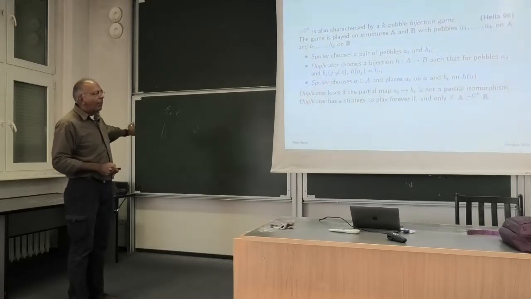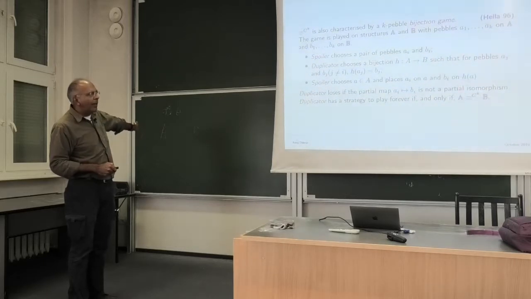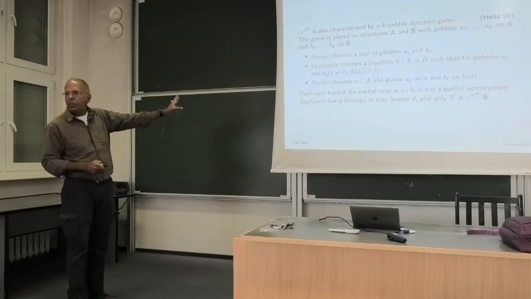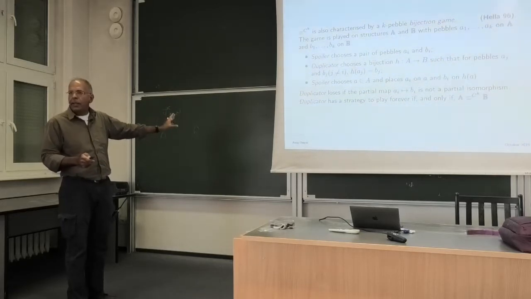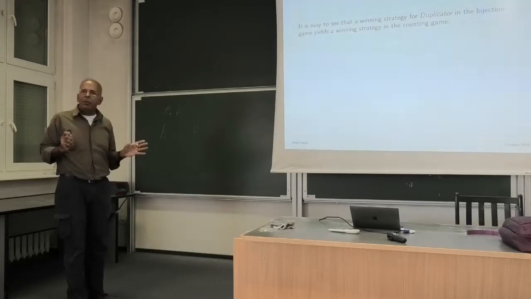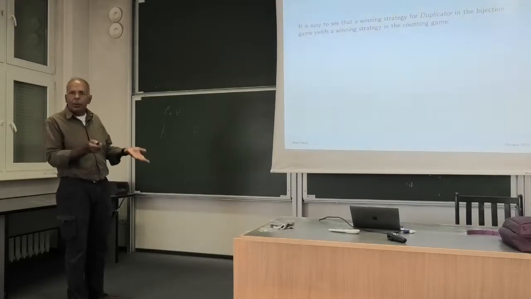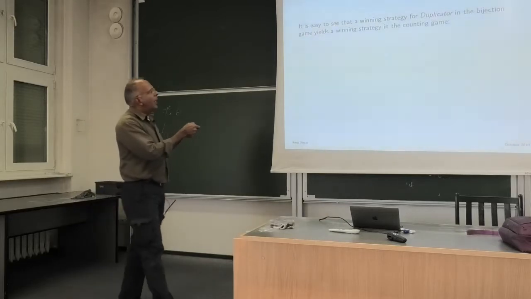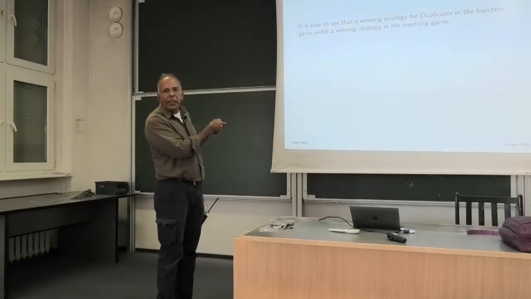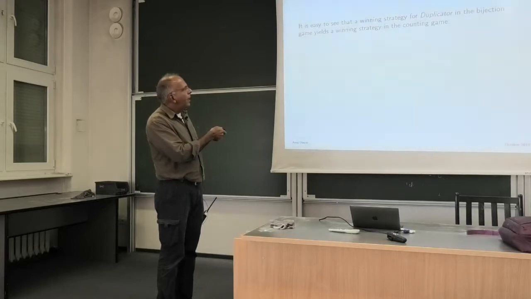So I convinced you that the Immerman-Lander game characterizes this counting logic. So maybe let me convince you that the bijection game is equivalent to the Immerman-Lander game, right? And then it'll be clear. So why is this the same? It's equivalent in the sense that a winning strategy for Duplicator in one works in the other. So one direction is easy. If Duplicator has a winning strategy in the bijection game, then you get a winning strategy in the Immerman-Lander counting game, because